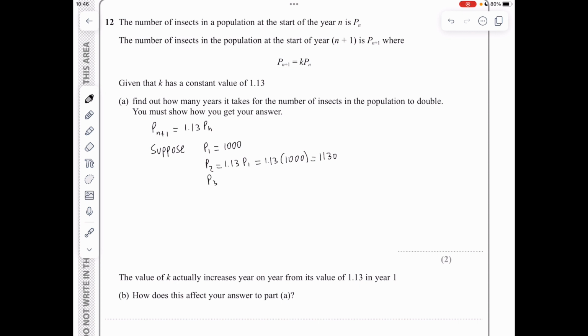Then P3 will be 1.13 times P2, which is 1.13 times 1,130, and this gives an answer of 1,276.9. And I will keep doing this until I see a number that's more than 2,000. So the original population has doubled. So moving on with P4 will be 1.13 times 1,276.9, which turns out to be